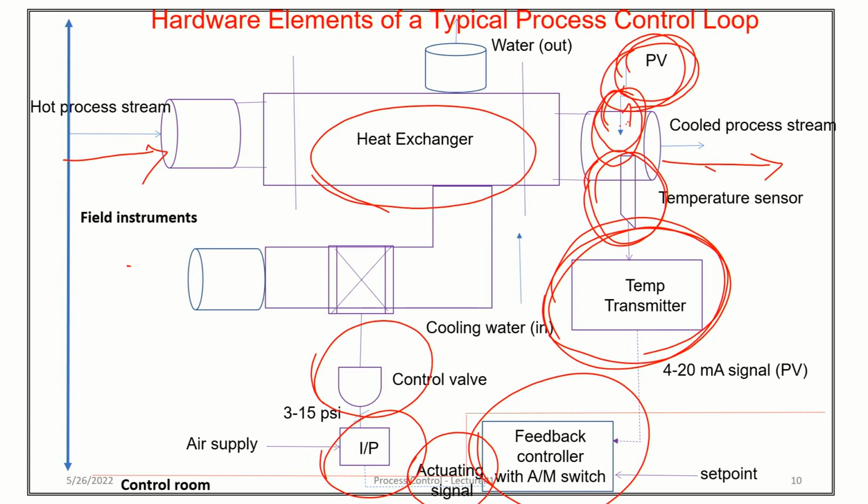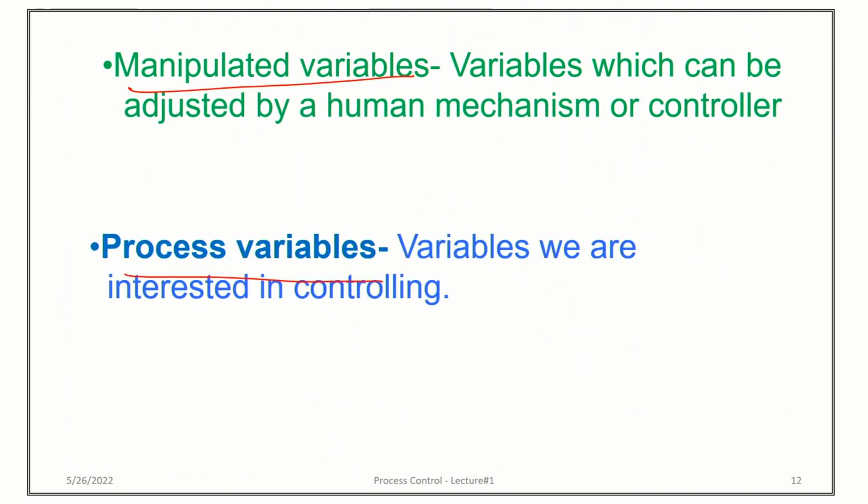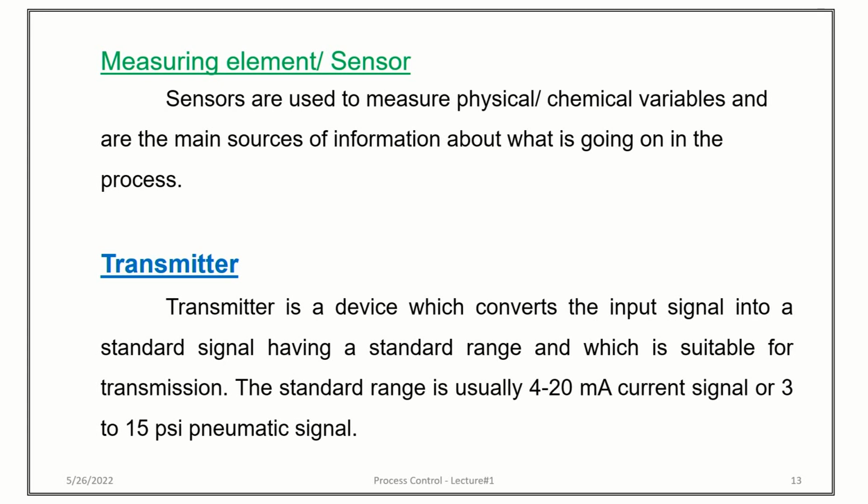I will tell you some information regarding this temperature transmitter. First, you must know what is meant by temperature transmitter. A transmitter is a device which converts any type of input signal into a standard form which is suitable for transmission. The standard form is normally 4 to 20 milliampere current signal or 3 to 15 psi pneumatic signal which is